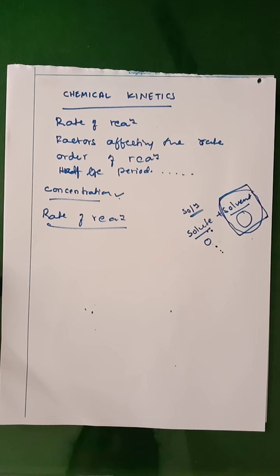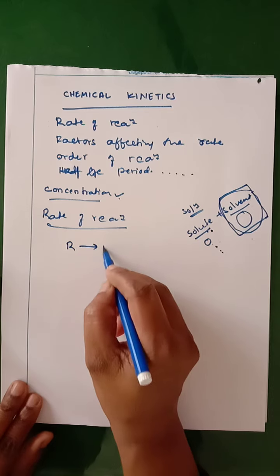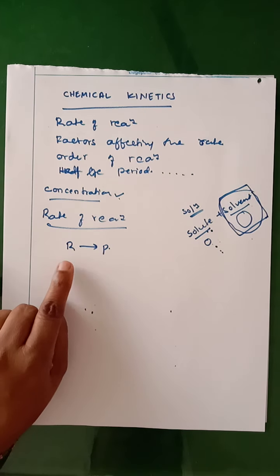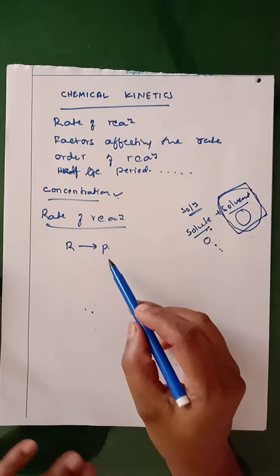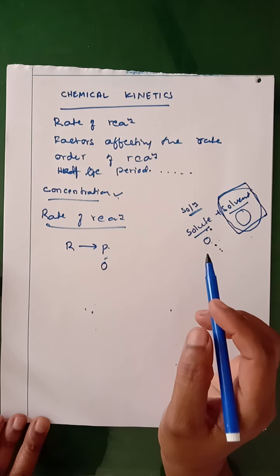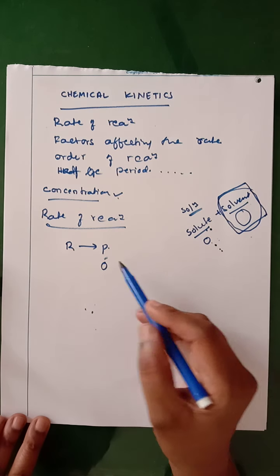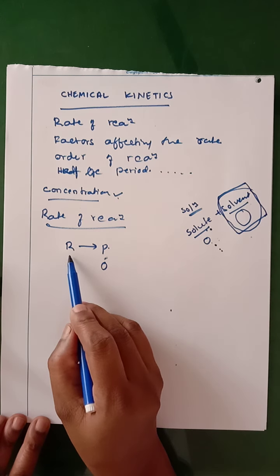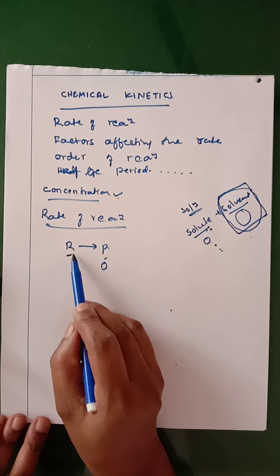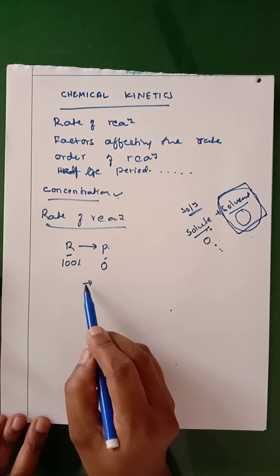So to study the rate of reaction, we will consider a general reaction R gives rise to P. Here R is called the reactant and P is called the product. Initially, at the beginning of the reaction, the amount of product formed is 0 totally, because the reaction has not yet commenced. And at the beginning, before the commencement of the reaction, the amount of reactant present is found to be 100%. So as time proceeds,